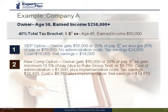Under the new comp option, the owner has to pay not 5% this time due to gateway, but because we're only dealing with a 5-year age difference, he's got to pay 13.5% of pay to satisfy that third test or rate group test. So obviously the bigger the age spread, the better these numbers work. But even with a 5-year age difference, it's now costing him $6,750. The total costs involved are $8,550, and the net savings are